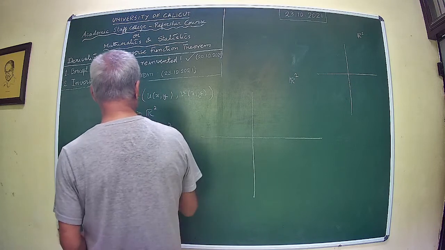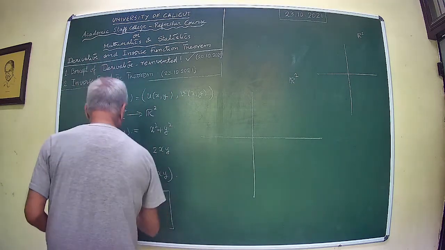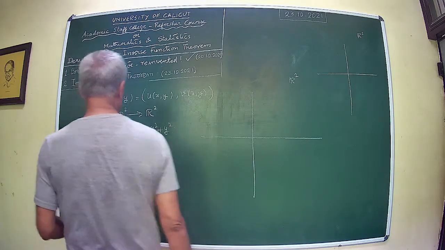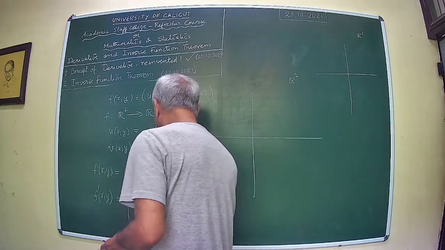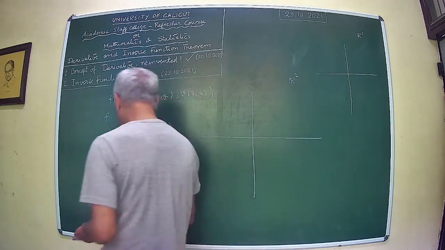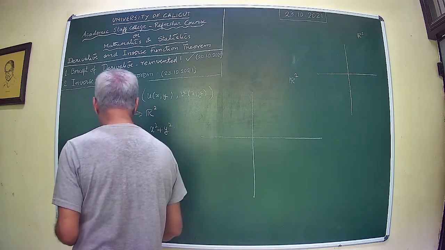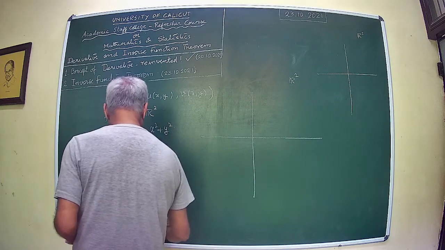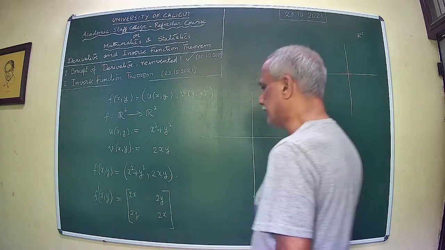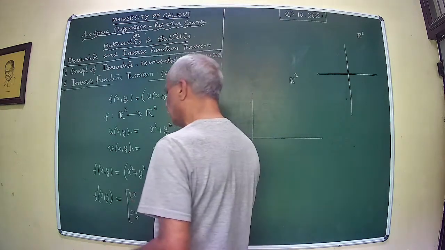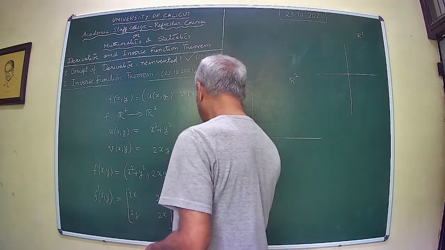So du by dx is 2x, and dv by dx is going to be 2y. Then du by dy is 2y. So what do you get? This is invertible provided this matrix is invertible. Therefore, that gives you 4